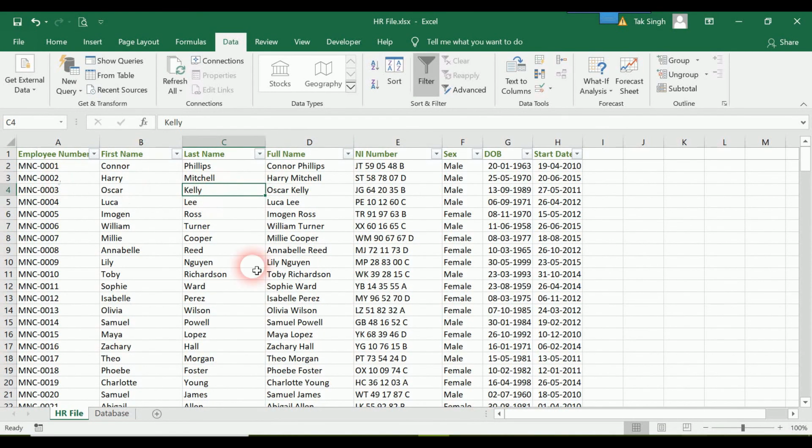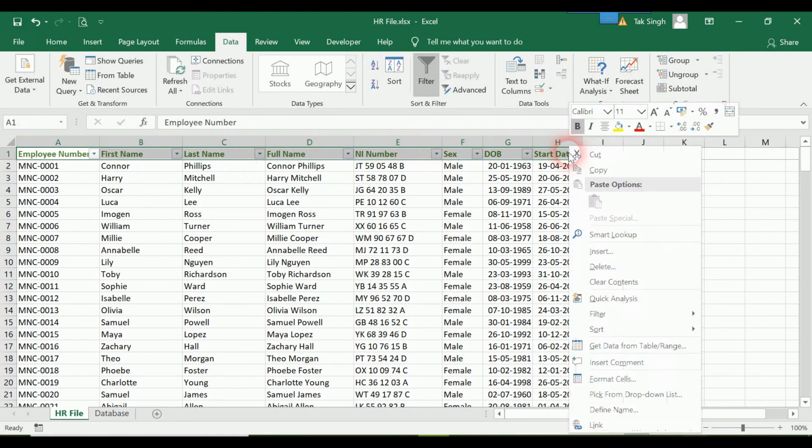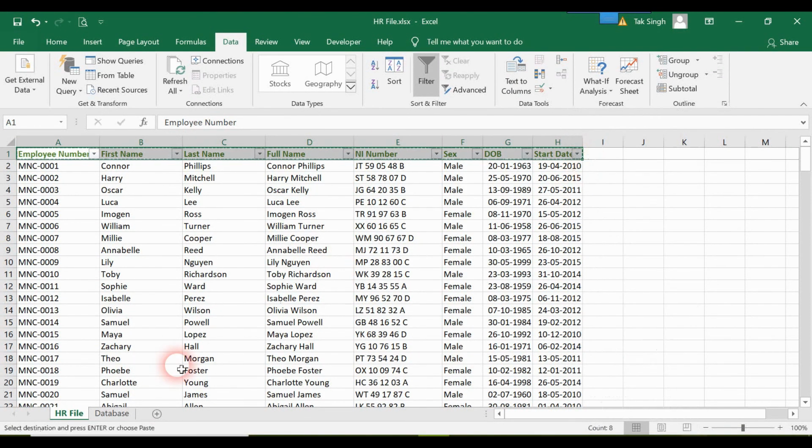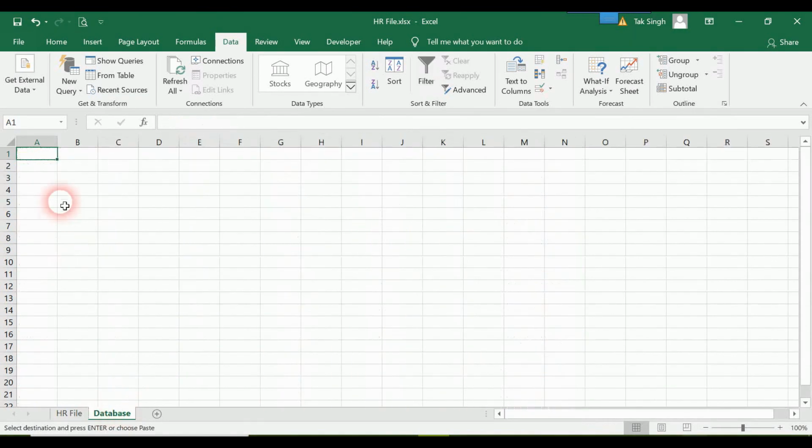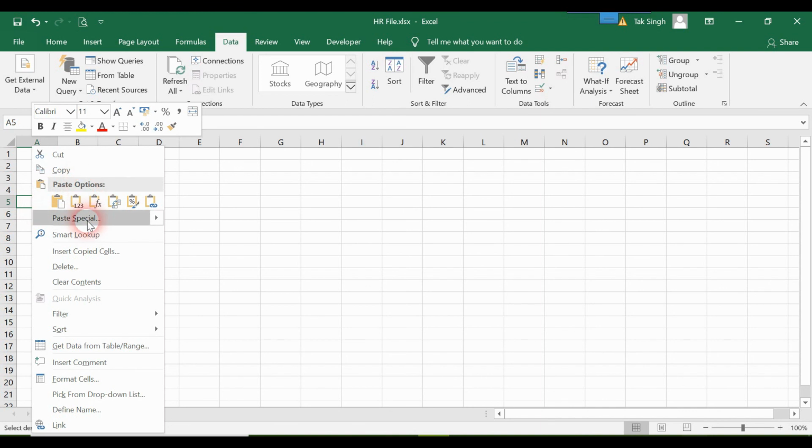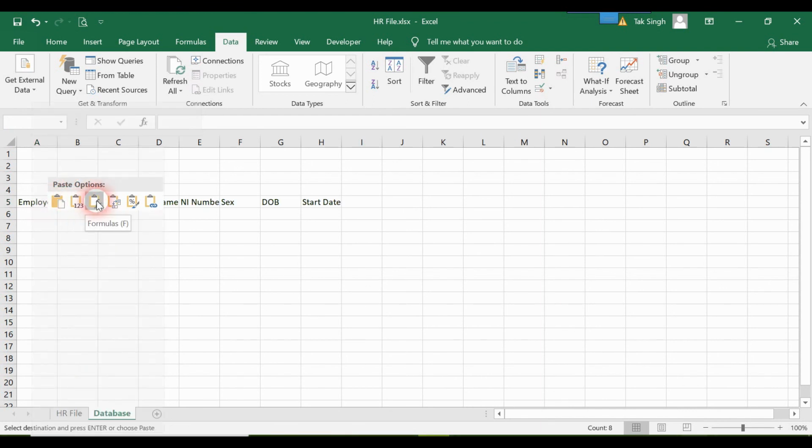And once I'm done over here, we now know how to split our data using the Data section of the ribbon and the Text to Columns button. And over here now I will select this set of entries, and I will copy this, and I will go to my database sheet, and in the paste options I will use Transpose paste.